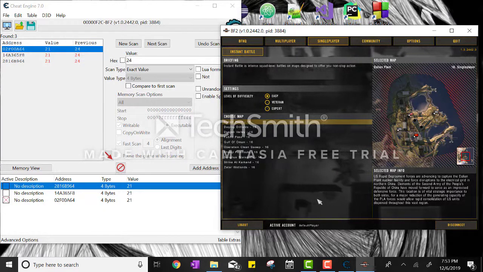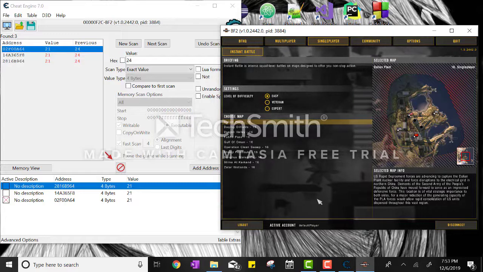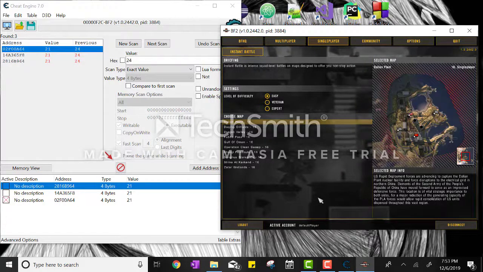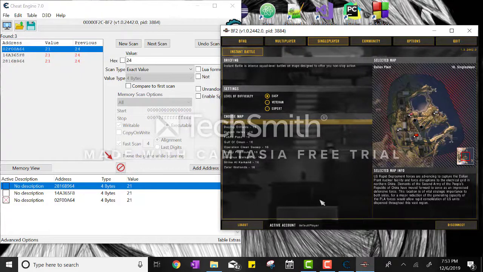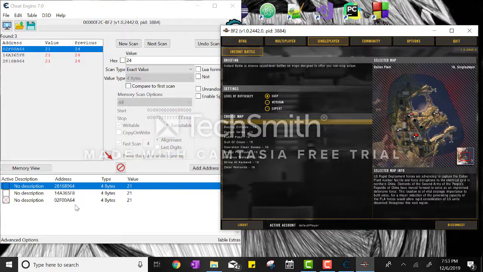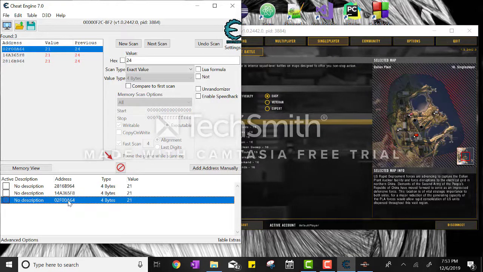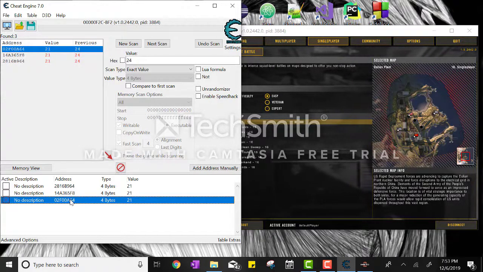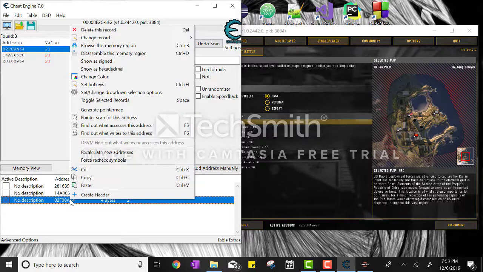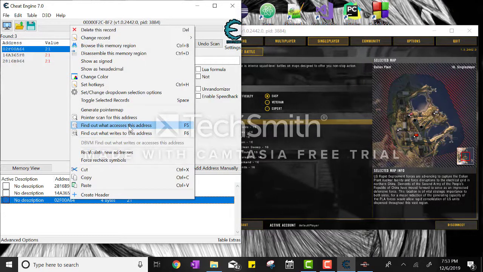depending on which weapon we're using, since I'm using the assault rifle, it decreased by 3 every time I shoot. If I use something else like a shotgun or a sniper, it will decrease 1 instead. So now we know that this address corresponds to the decreasing of the ammo based on the action that we take. So if I go in here, right click, and find out what accesses this